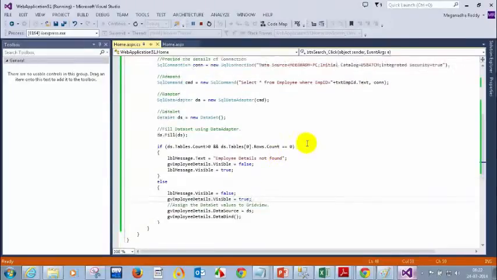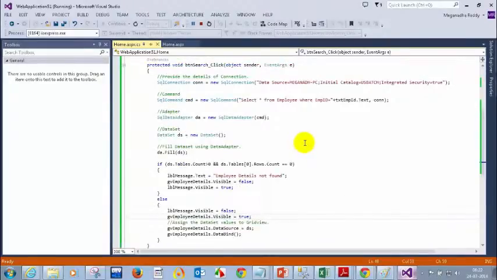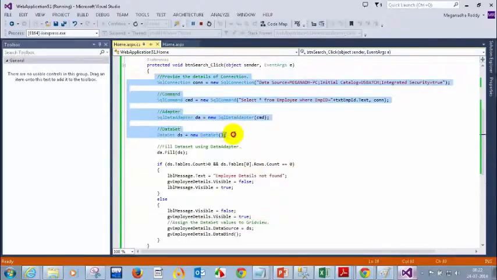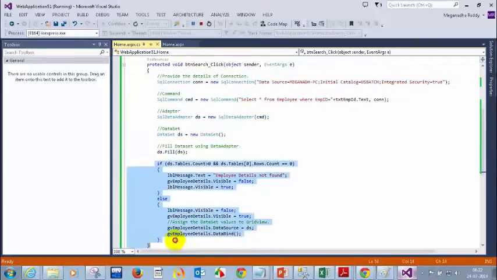Let me explain this, and then let me see whether you understood or not. This code was previously written. Now I wrote this additional logic to get the value. I have added the condition: select star from employee where employee ID equal to this value, because whatever value I enter in the text box, only that employee's details I want.